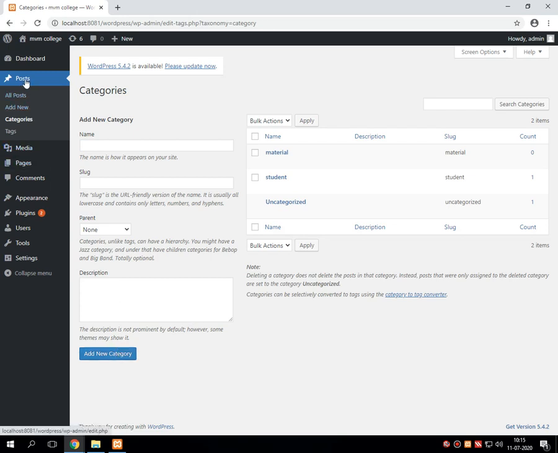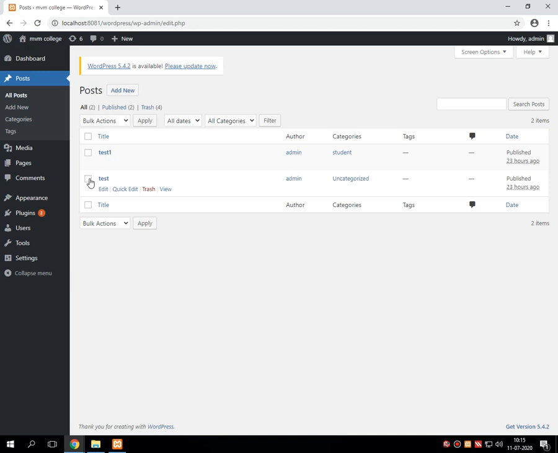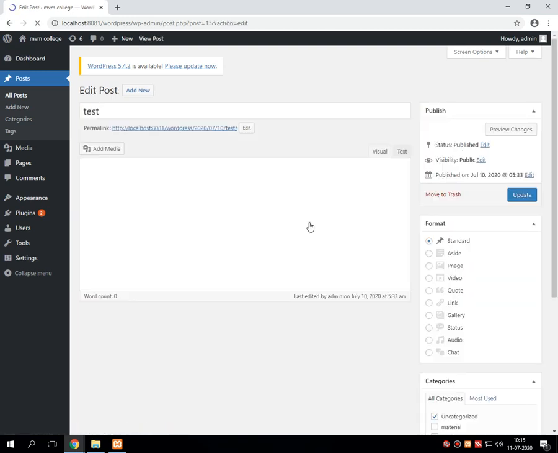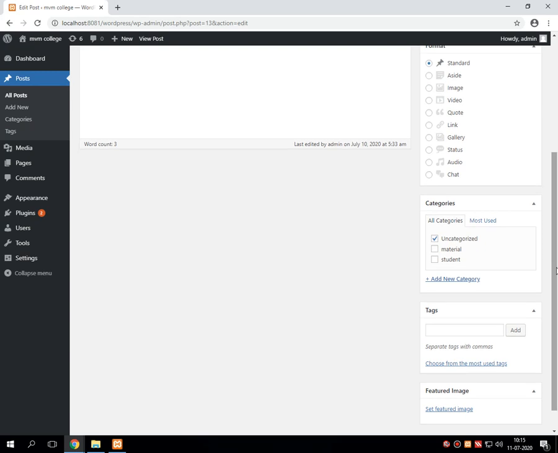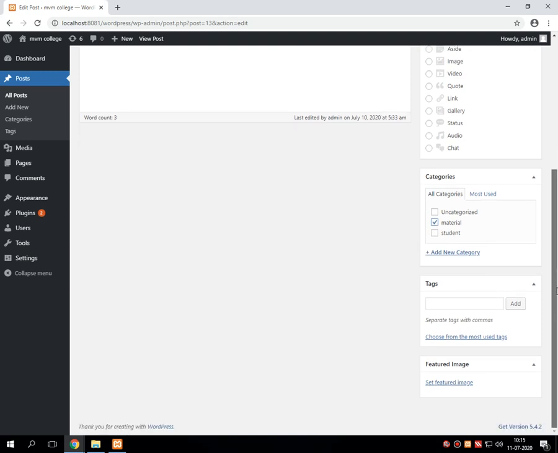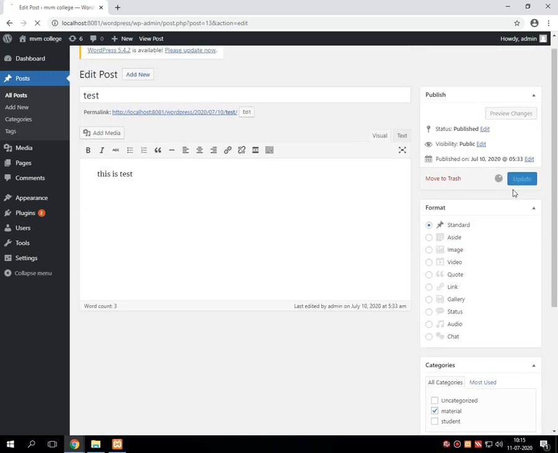Then in the all posts, I am selecting the post which is uncategorized and pressing the edit button. Scrolling down the page, here you will see the material category. Select that particular category and I am updating the post.